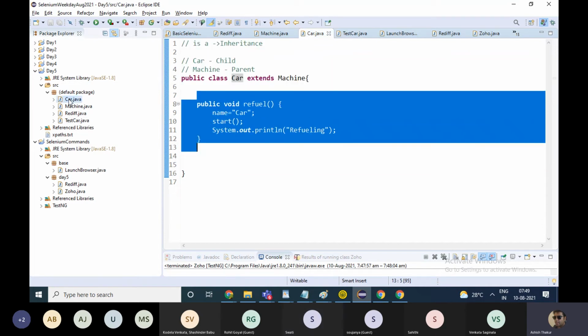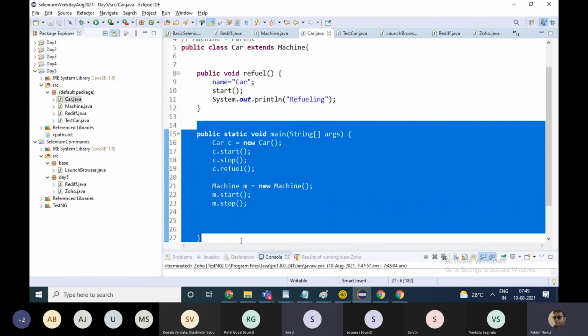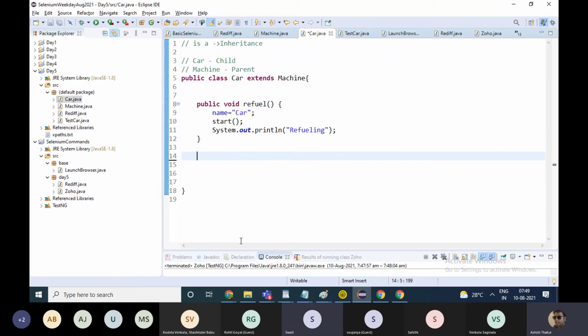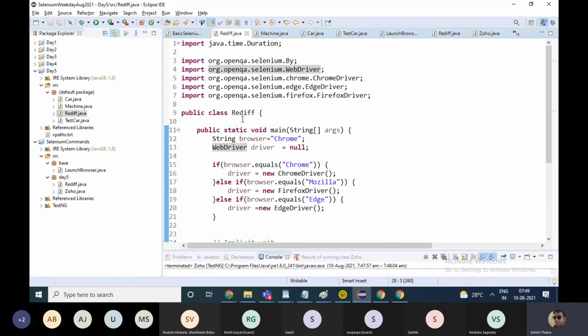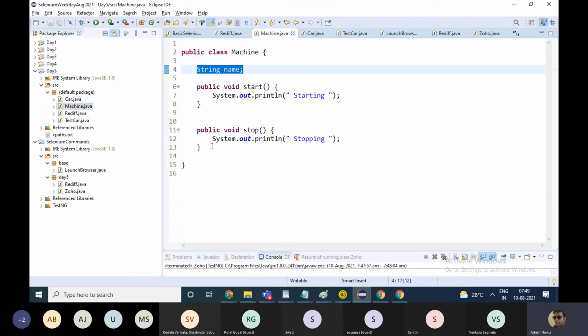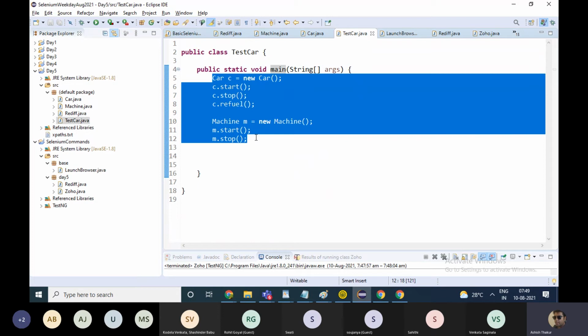If I want, I can also move this main function to the car class, then I can run the main from there also. It can be written anywhere. It's just that I decided to write it in a separate file. It's just my choice. Or in the machine class also I can use the main function. Basically, the main function is the execution function which can execute your program, so you can place it anywhere.